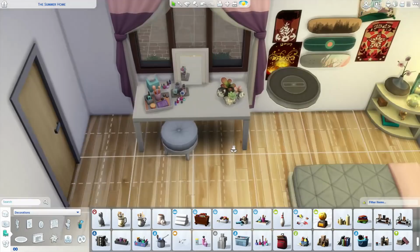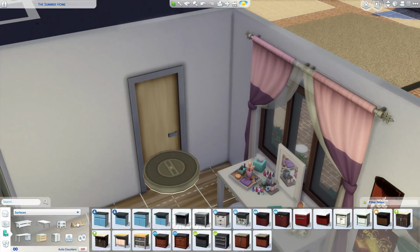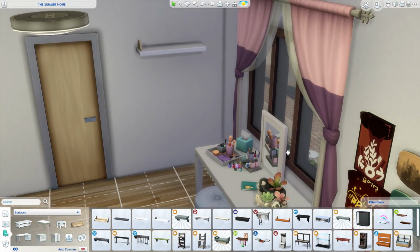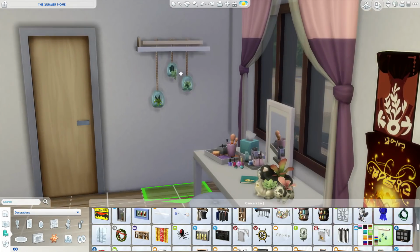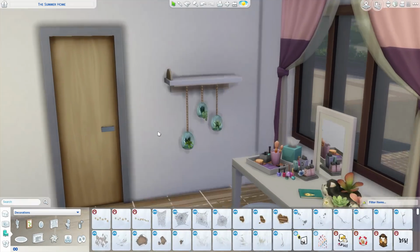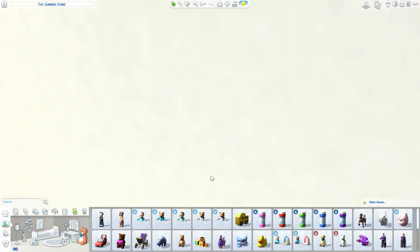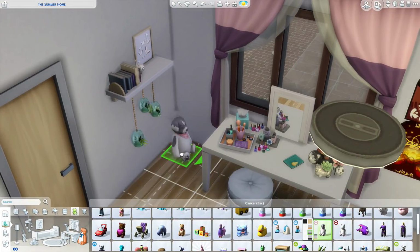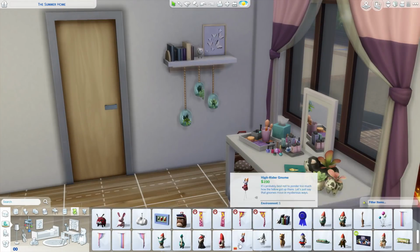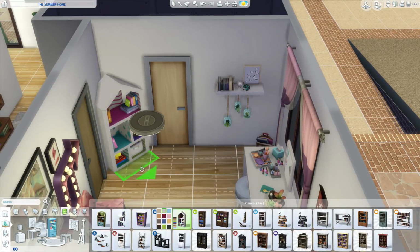Now I'm just cluttering up the dressing table that I mentioned earlier, putting some makeup, nail varnish, and getting some little plants on there as well. And that wall just next to it, I thought that was looking a bit bare, so I've put one of the wall decorations, like the hanging plants shelf, on there, and cluttered that shelf up also. Got a little picture on there, some books, and now I also get in a bookshelf and clutter that up too. Just trying to make it look lived in and homely,